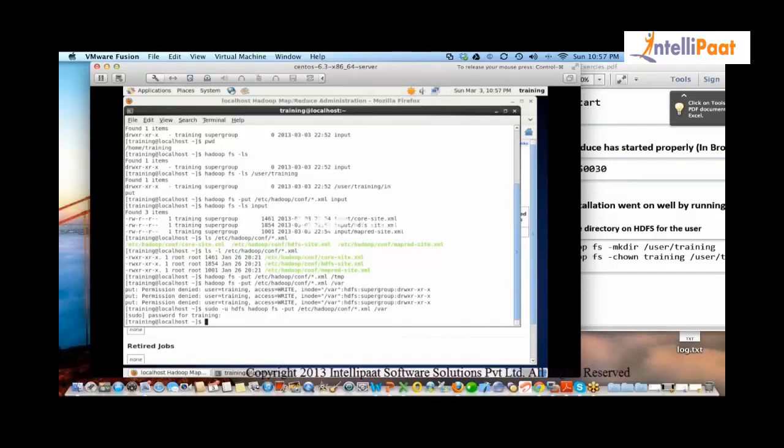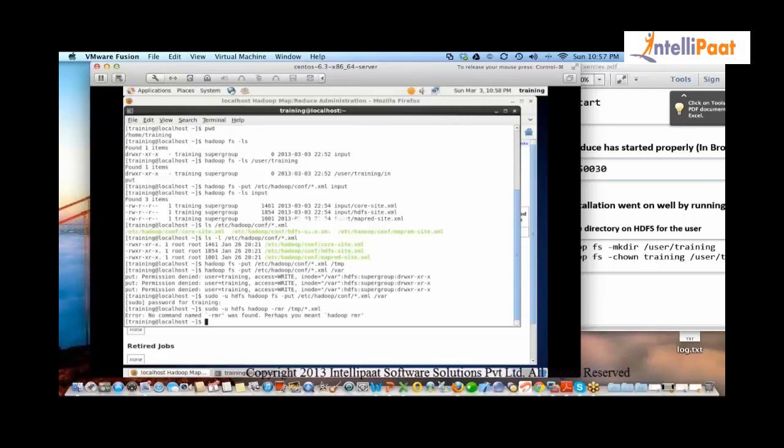Let's first clean up the mess that we have made. Now I want to delete these files, so I'll say sudo -u hdfs hadoop -rmr /tmp/star.xml. Now it says no command -rmr.